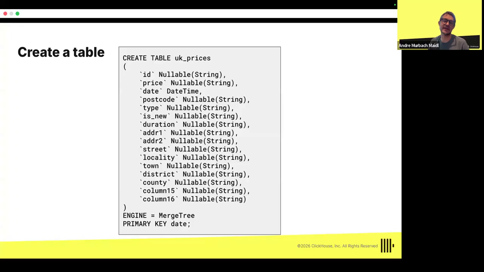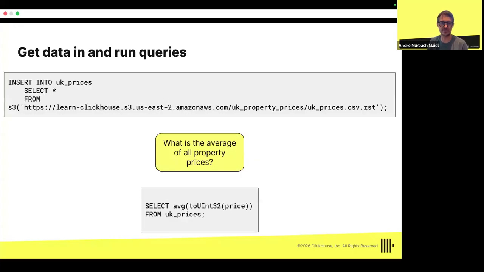Why am I doing this? Because probably my queries filter by date. If I want to see the price for last year, for example, then I can just skip all the data from the 90s and really just use the last year. That's how I can tell ClickHouse to skip data when running queries and run queries faster.